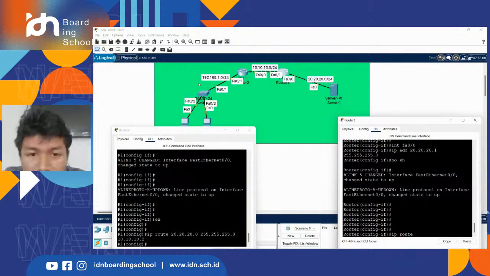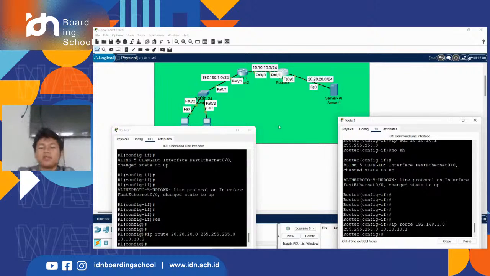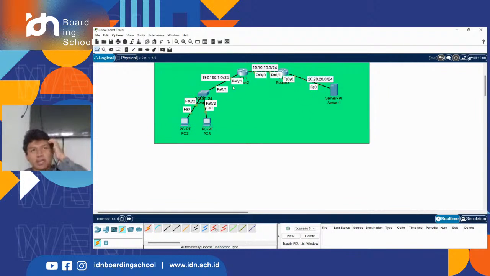On this router I want it to know 192.168.1.0, subnet mask, and then the gateway is 10.10.10.1. Okay, after you make a static route on every router,